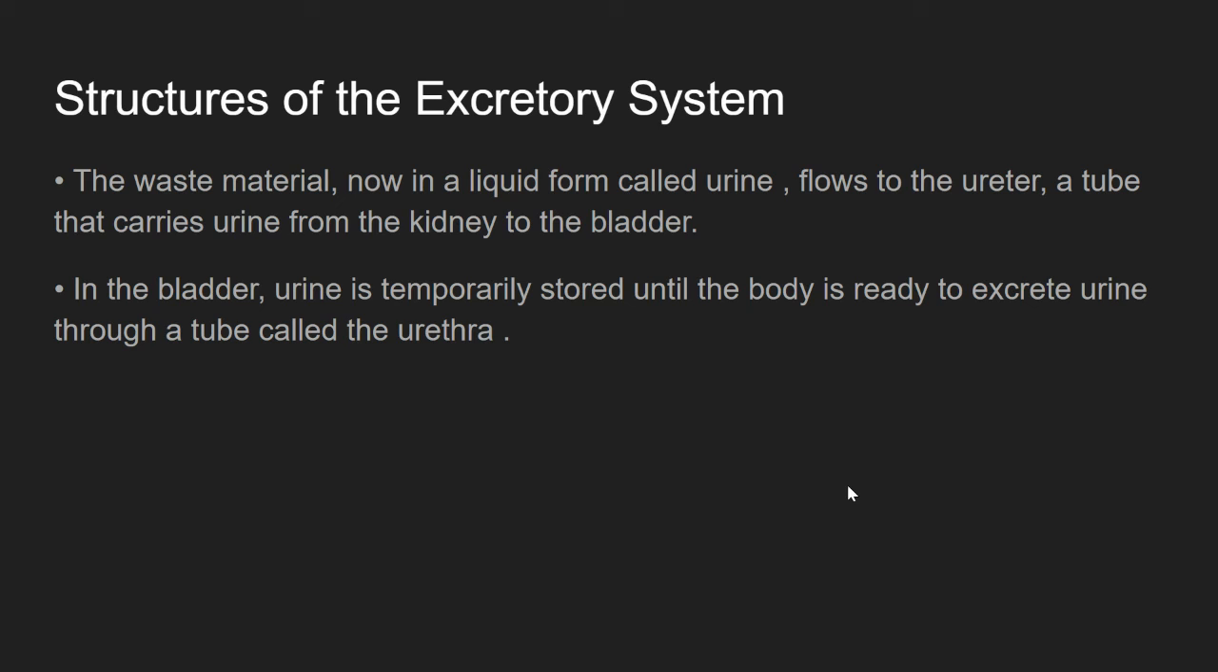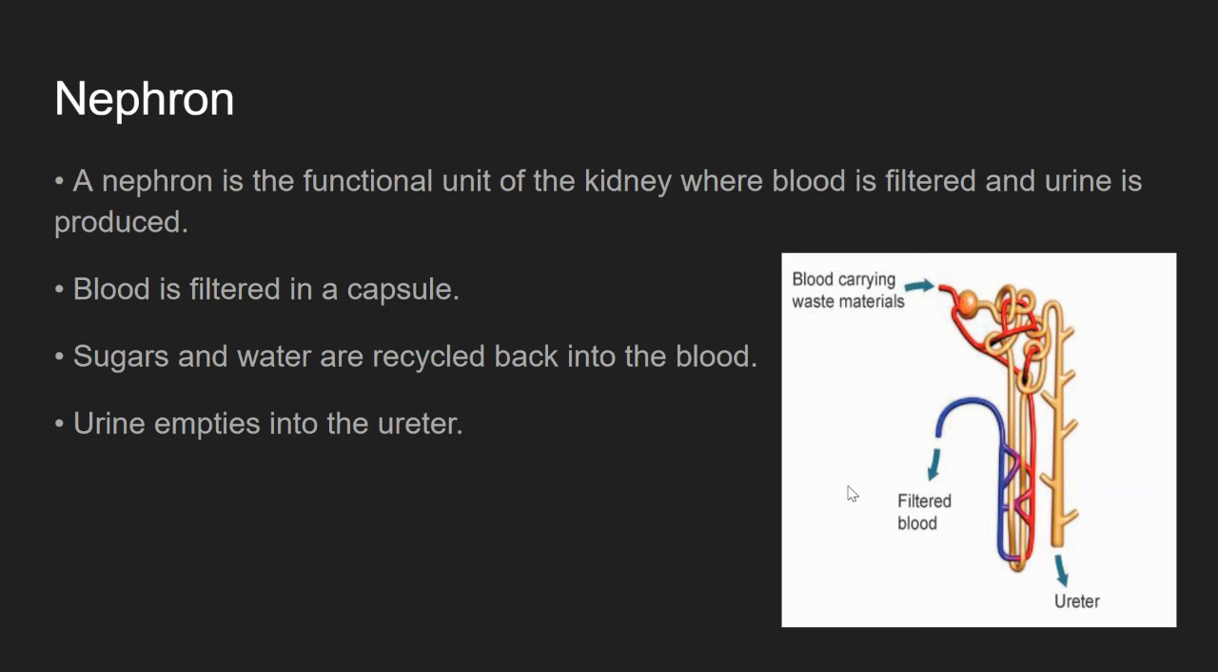In the bladder, urine is temporarily stored until the body is ready to excrete it through a tube called the urethra. Now, a nephron is the functional unit of the kidney where blood is filtered and urine is produced. Blood is filtered in a capsule, and sugars and water are recycled back into the blood, and urine empties into